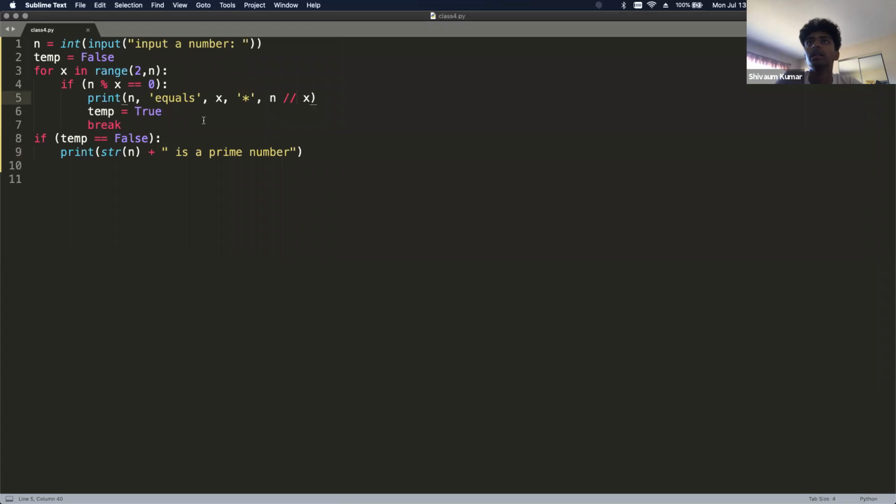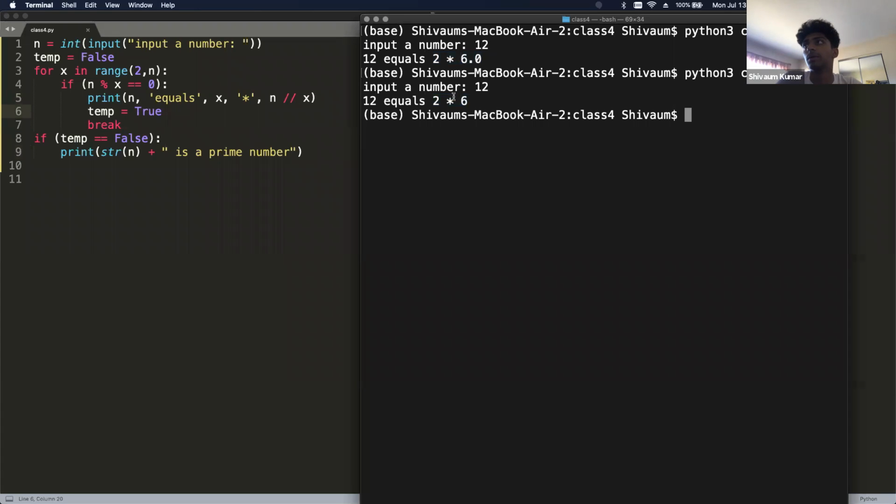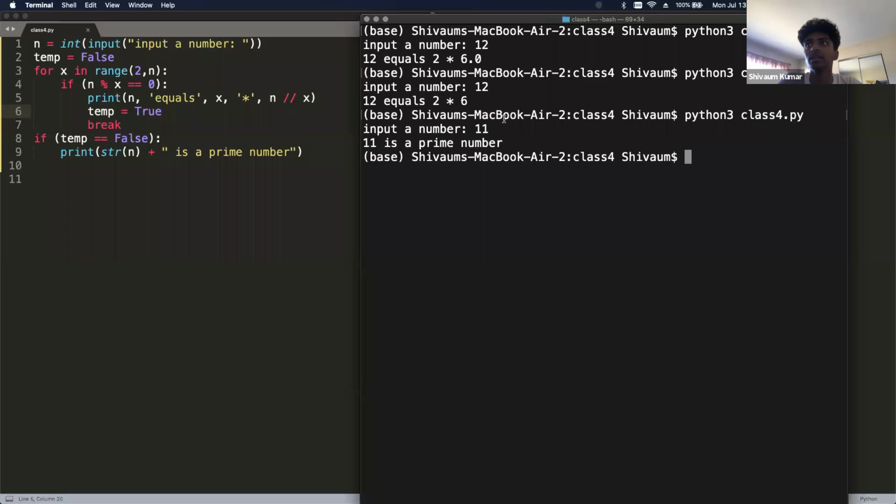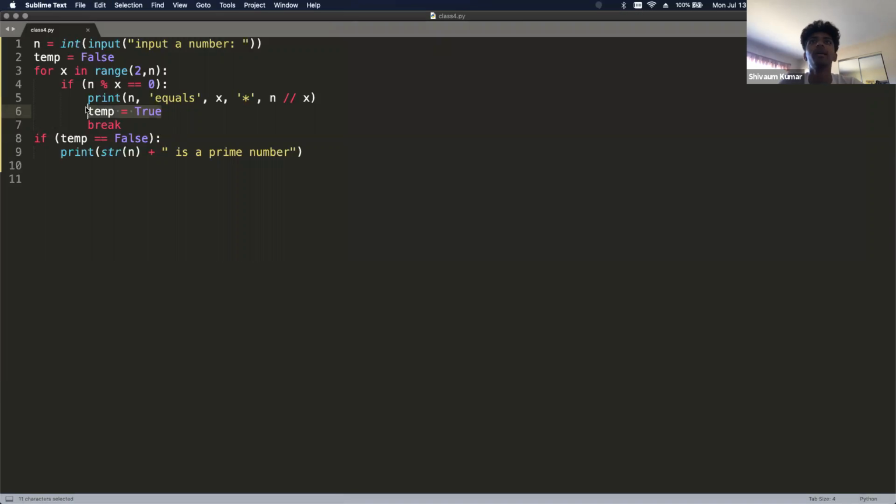But in terms of getting this program to work, we can try out a prime number like 11. Then you see 11 is a prime number. So this is working completely fine. We're using a Boolean variable to check whether the value is true, otherwise it's false. So then we print out that it's a prime number. This is basically the initial version of it, and I want to create a more complex version in a program. So we'll comment this out for now, and then we'll get into the next steps.